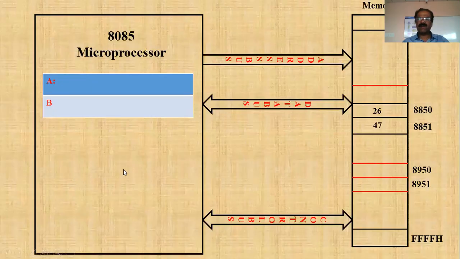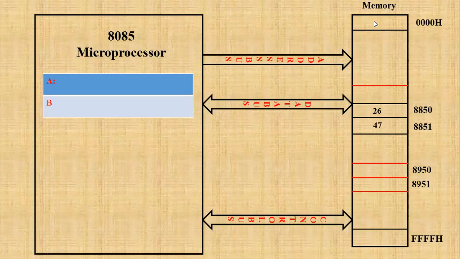Now here, I'm going to explain with this particular example. Just see here, this is your 8085 microprocessor. Now this is your memory. We know that memory is available outside the microprocessor. It is not part of your 8085. But within 8085, we have registers, we have an array of registers.